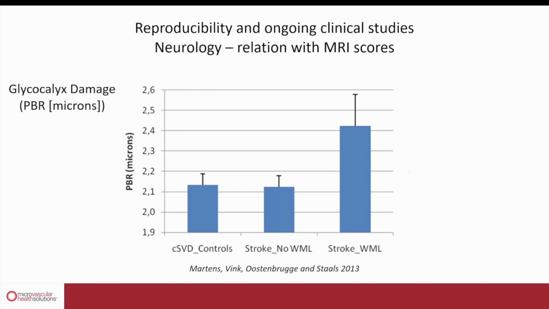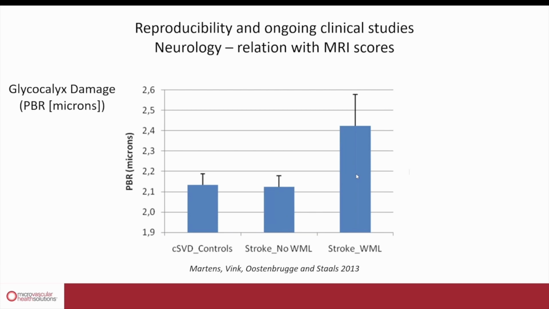Another example is shown here. This is a study with neurology patients. These were patients that were in the hospital because of a stroke. We made two subgroups of stroke patients based on their MRI images. So they take a picture of the brain with an MRI machine, and based on the MRI picture, you can either see that you have an individual with a stroke without so-called white matter lesions, without all the little white spots in the brain showing little lesions, or patients that do show all these white matter lesion spots